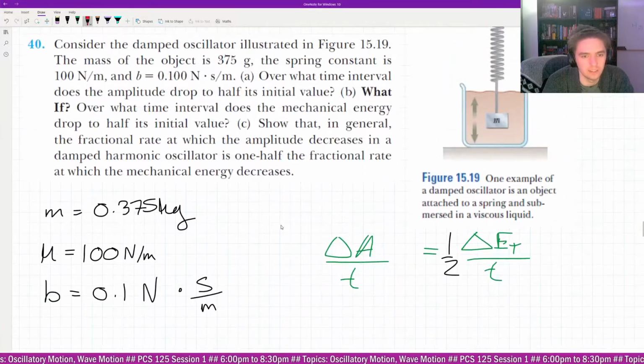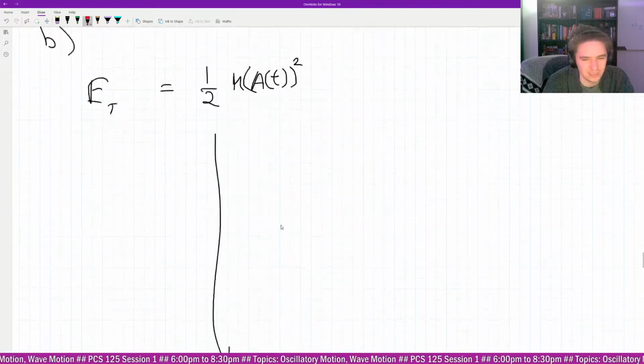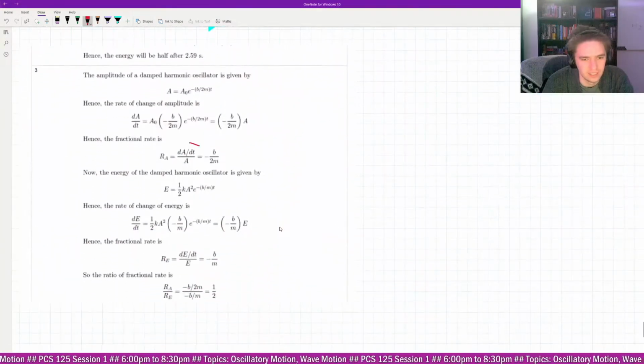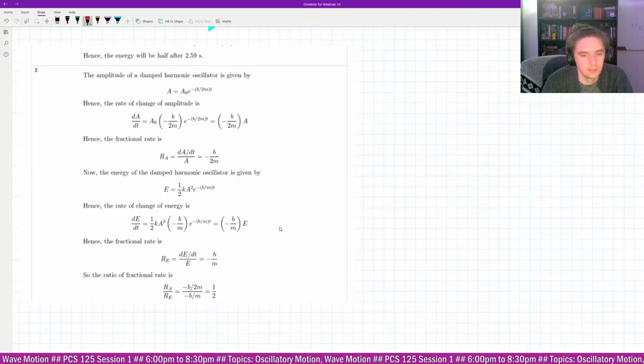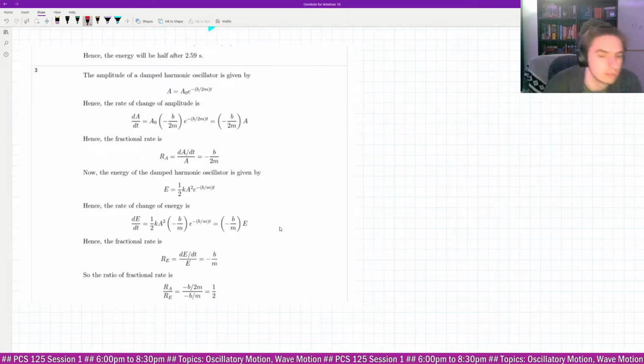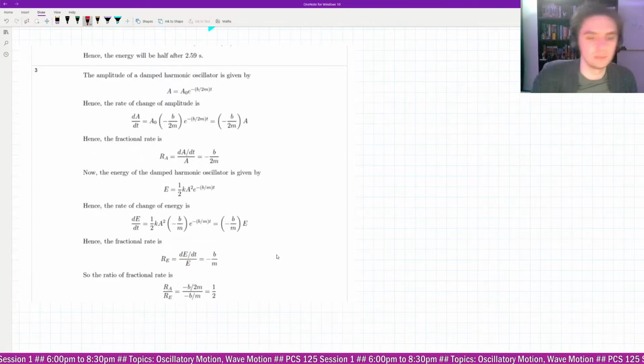It's the derivative per the function. Is what they wrote here. The derivative per the function. And again, they said the derivative per the function is that. Sure, I guess. I don't know what